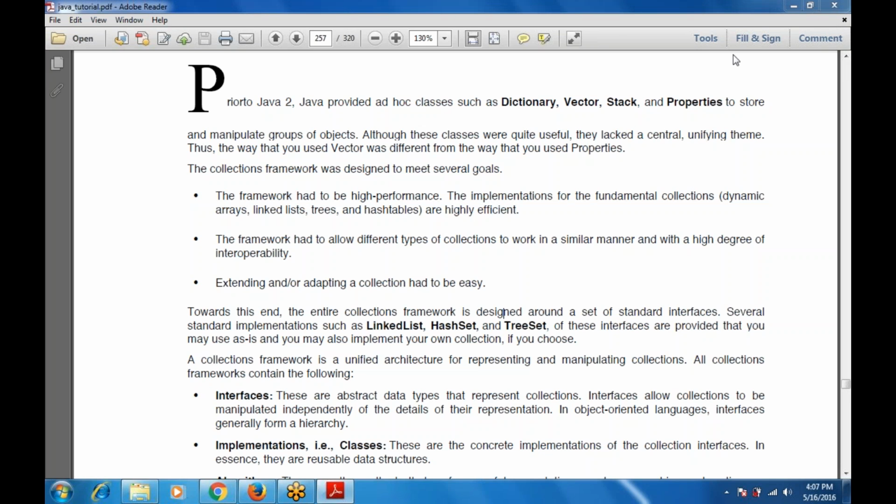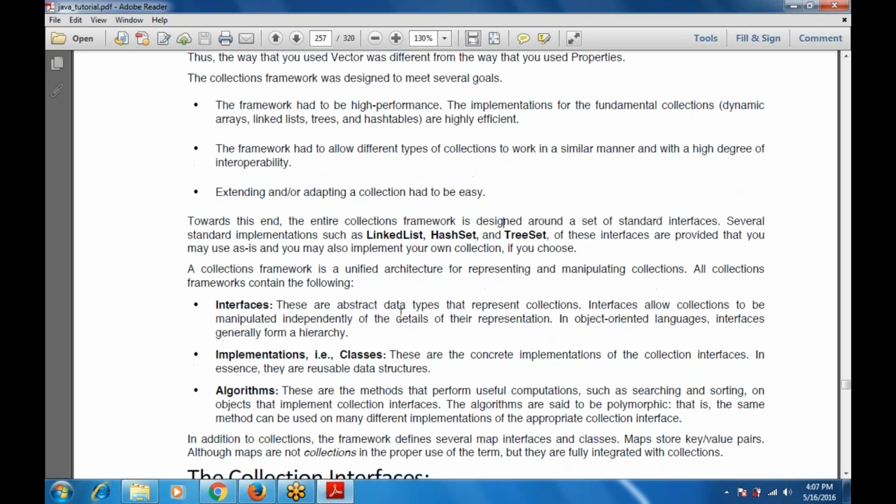The framework also contains features. What are the various features contained by the collections? The first one is interfaces. These are the abstract data types that represent the collection. Abstract data types means these are the data types that represent the collection, that is, the interfaces. And interfaces also allow the collection